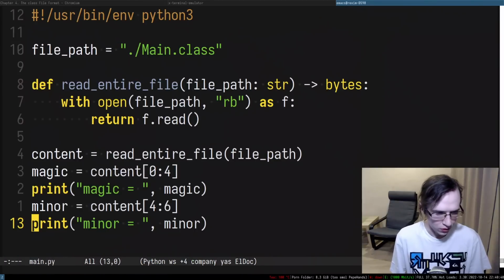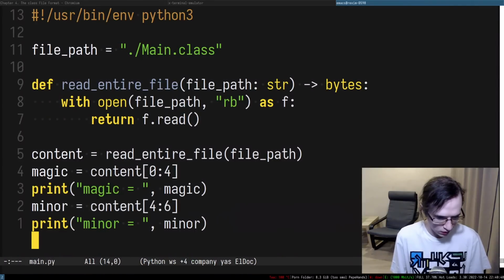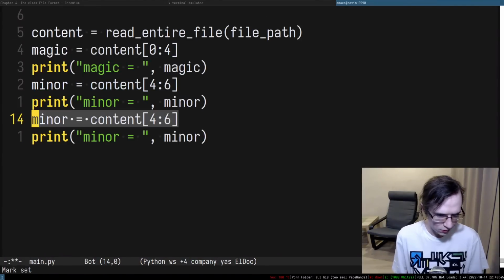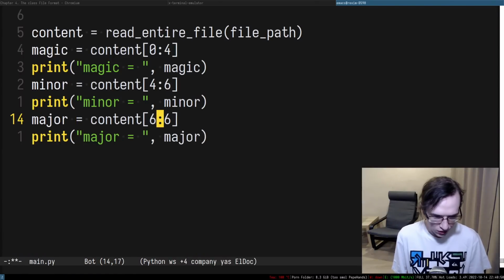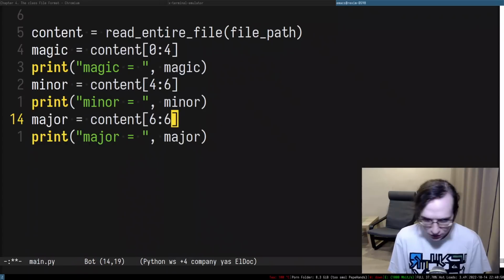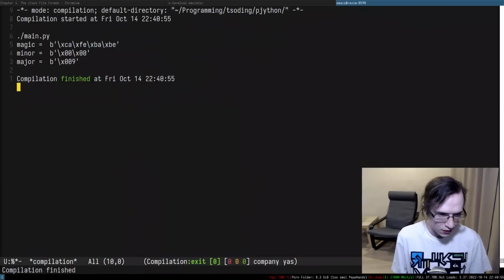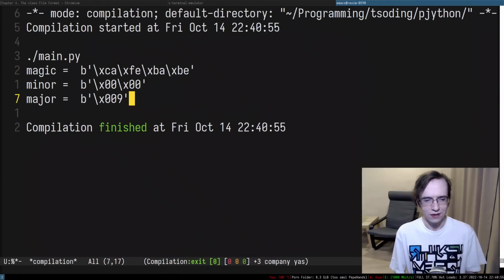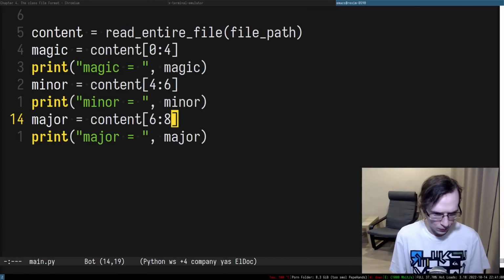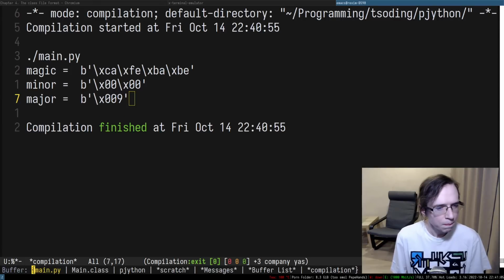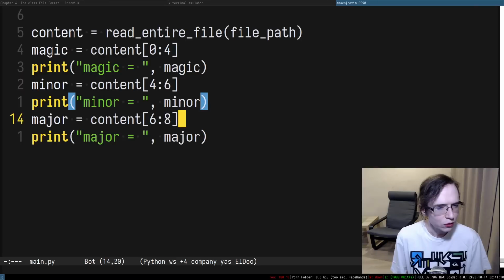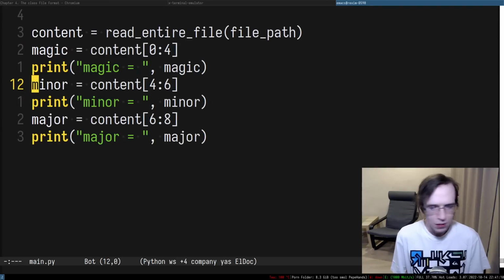So let's actually try to read the major version. So this is going to be, I can even do something epic like that. Measure, right, and 6. And then 6 plus 2, what is 6 plus 2? I think it's 8, right? And if we try to read that, it's something like this, 0, 9. Which is rather weird, right? Because it doesn't look like 2 bytes. But anyway,